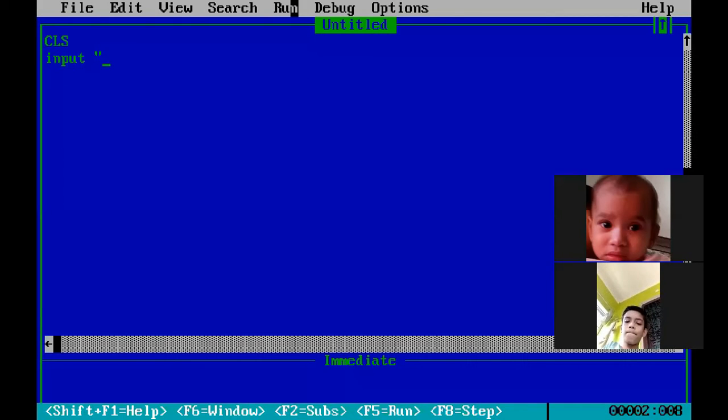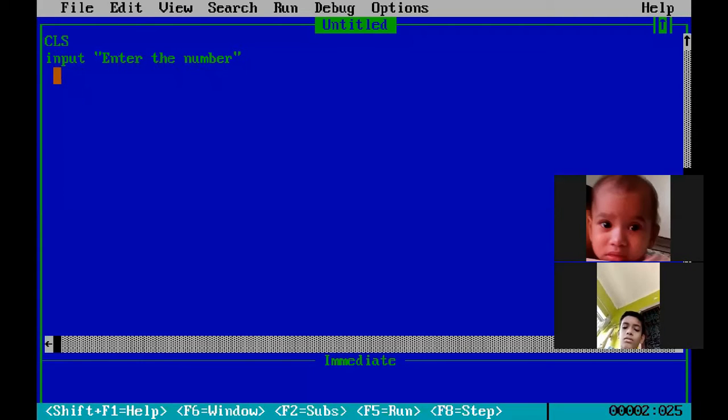Here also we will take a variable, and whatever we write within inverted commas will appear as it is. So here I'm going to write "Enter the number". This will appear as it is when I run the program.